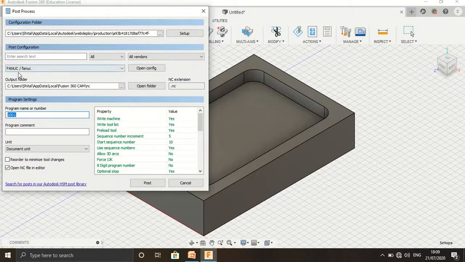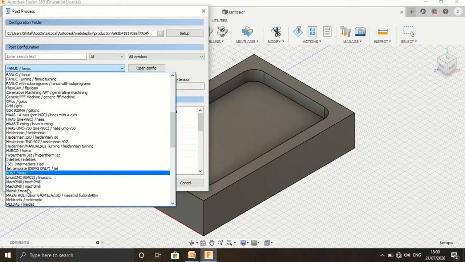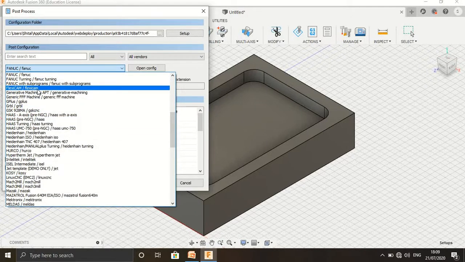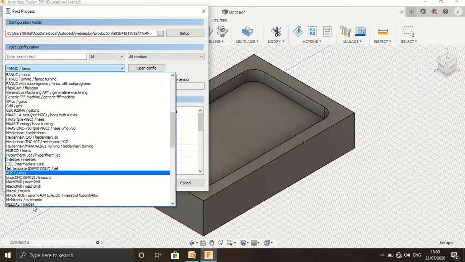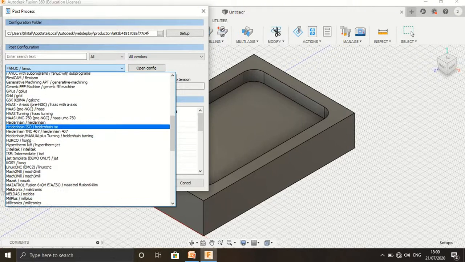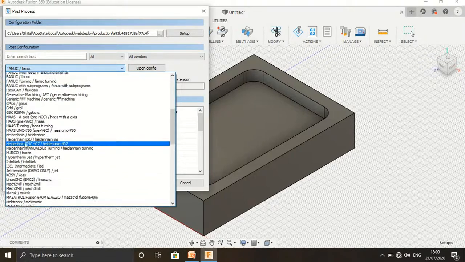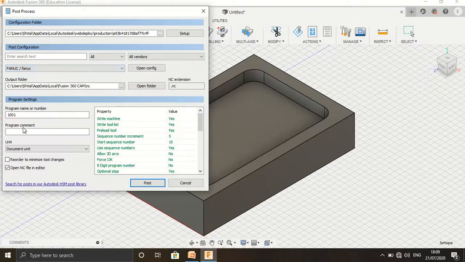Post configuration. For the programming, we select from the many milling machines available in the market. They are different as per their manufacturer: Mazak, Fanuc, and many other machines are available. So you can select Fanuc. Mostly in industry they use Fanuc milling machines.